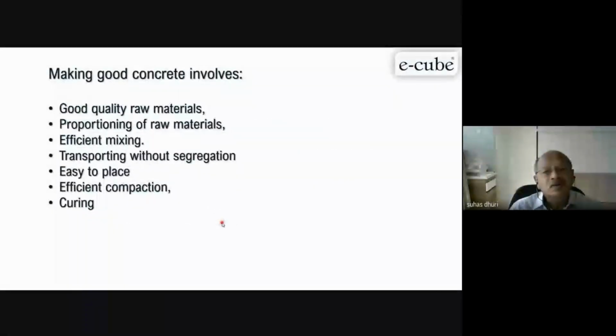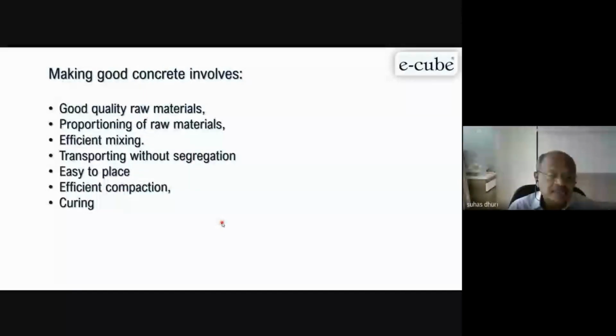Making good concrete needs good quality raw materials. Definitely the selection of raw materials is also very important. Now next we come to the proportioning of raw materials. We have seen one mix design, they use whatever was used in the earlier project, the same mix design, and starting with that, we are able to get good results. Nobody is changing the proportion. Now, the proportion of fine to coarse or binder to coarse ratio, we have to check at least weekly,